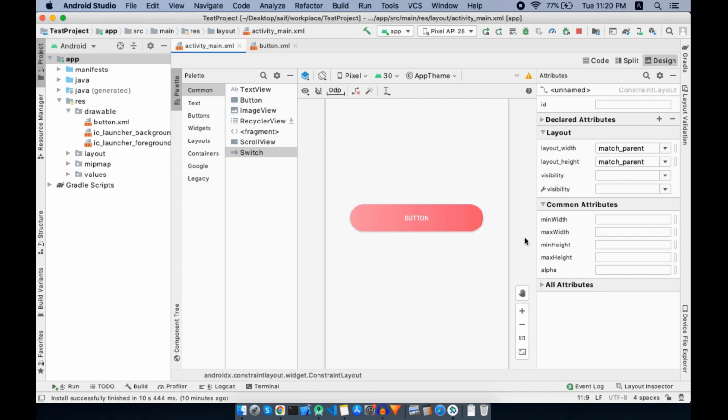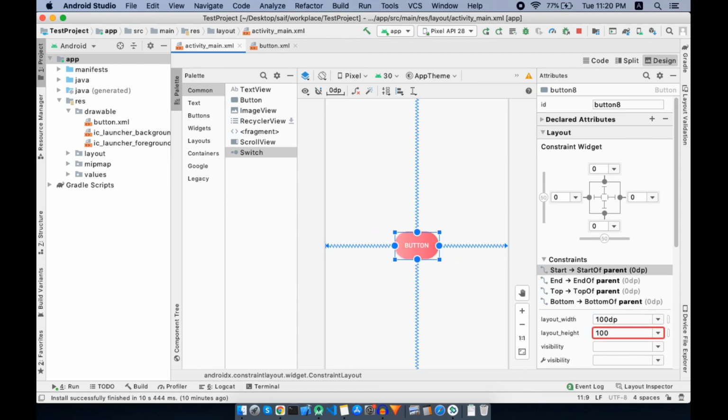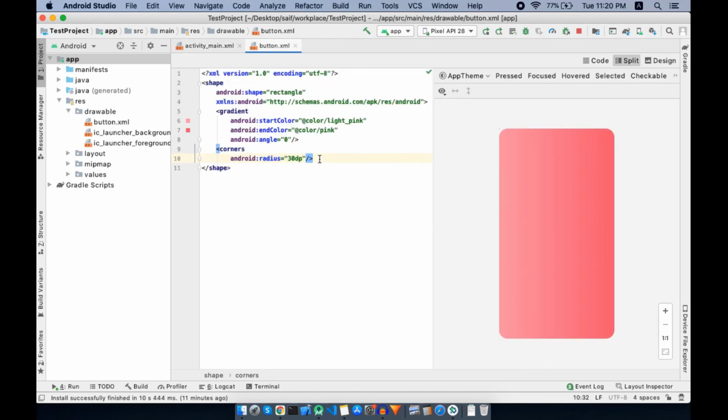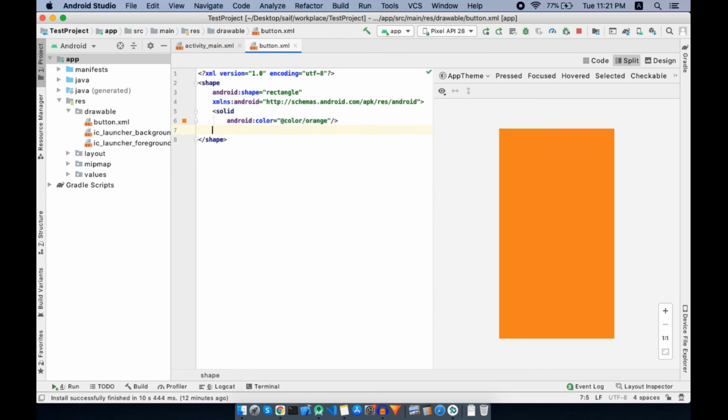Now let's create a completely circular button. For that, we will set the width and height to the same value. Let's say 100 dp both height and width. Now in the button drawable, we will use solid orange and we want this button to be completely circular.